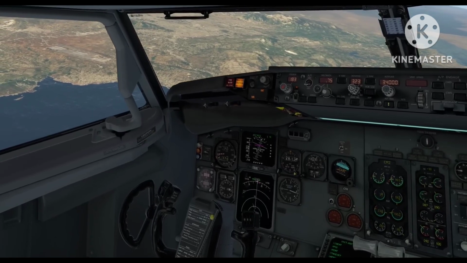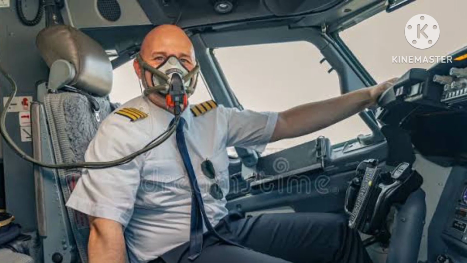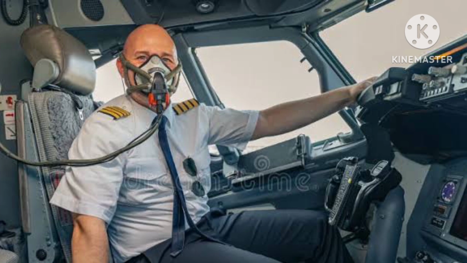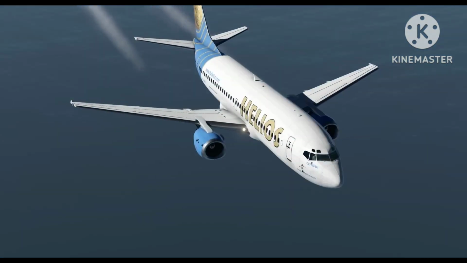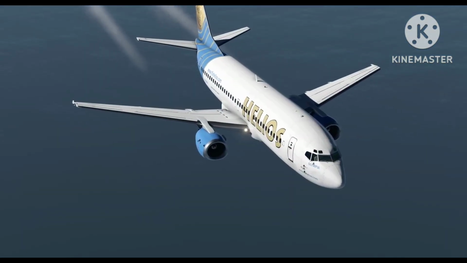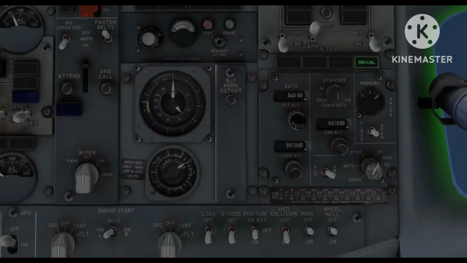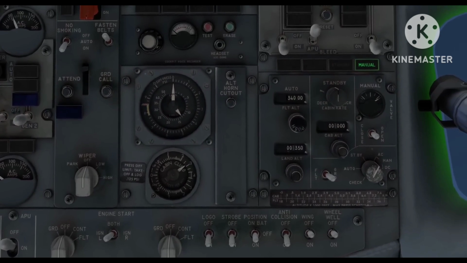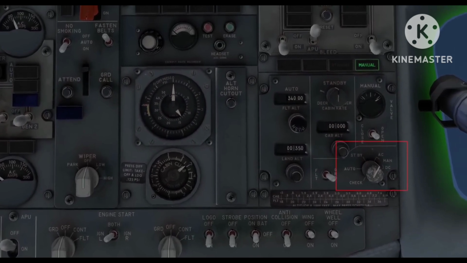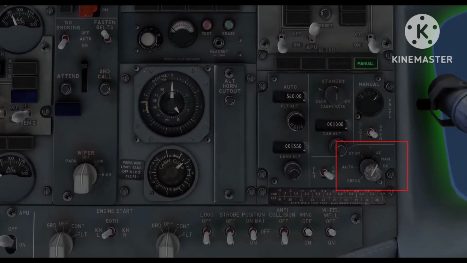In the incident involving Helios Airways Flight 522, the oxygen masks in the cockpit did not deploy because the aircraft's altitude of around 10,000 feet did not trigger their automatic release. These masks are designed to deploy when cabin pressure drops significantly, usually above 14,000 to 15,000 feet, to ensure the flight crew can maintain consciousness and safely operate the plane during a rapid depressurization.